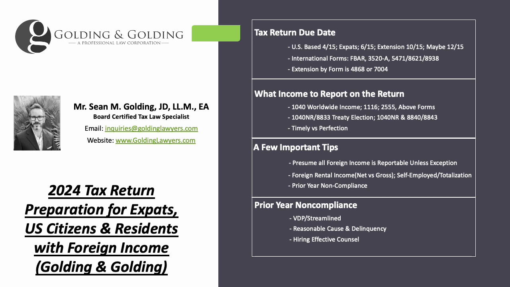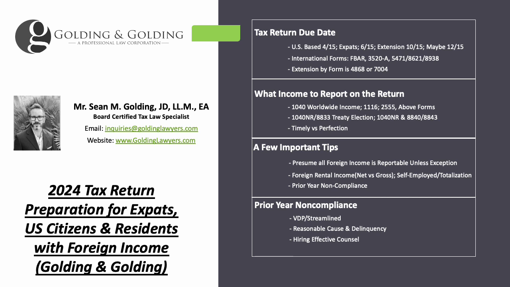Now, if you're sitting down to file your returns, you have foreign income, accounts, assets, and investments, and realize, geez, I should have been doing these things in prior years and I have not done it. You have to check on when the tax return is due, how much time you have, do you still qualify for the extension, and consider whether you want to do one of the offshore disclosure programs so you can avoid a quiet disclosure and limit, minimize, or even avoid penalties depending on which program you qualify for. If you're willful, the only option is typically the voluntary disclosure program. If you're non-willful, there's a lot more options